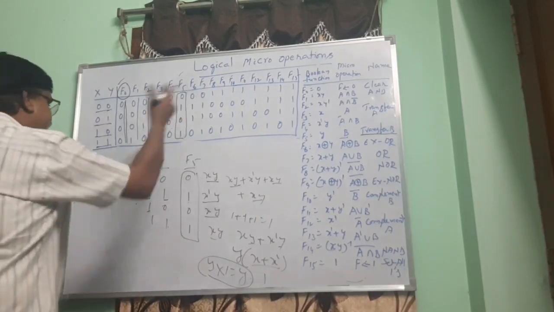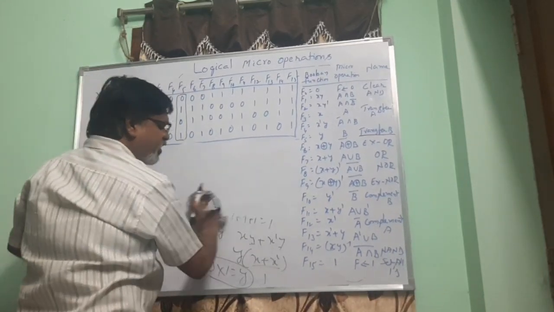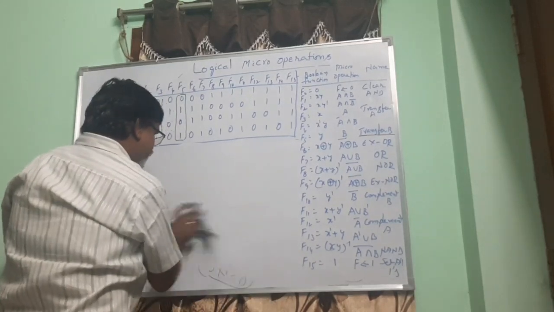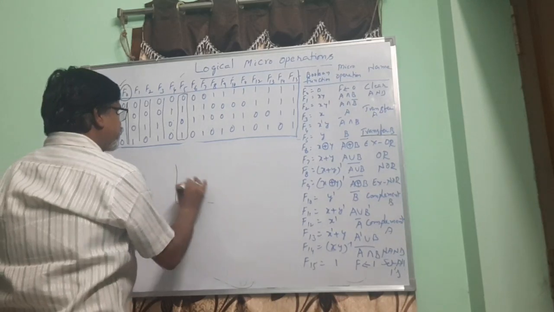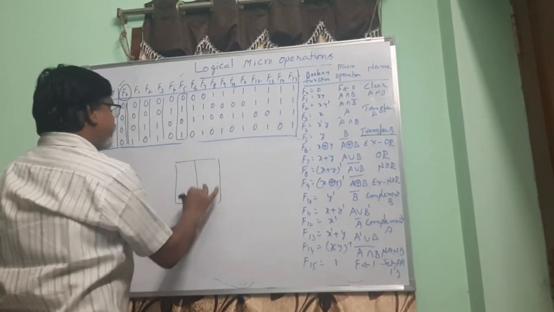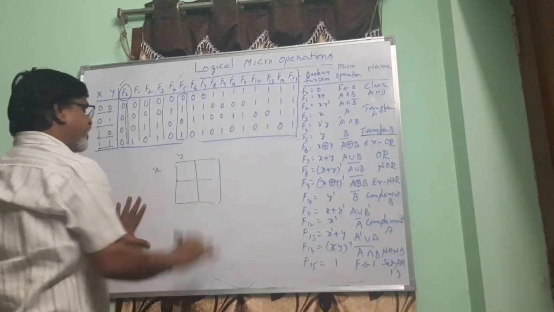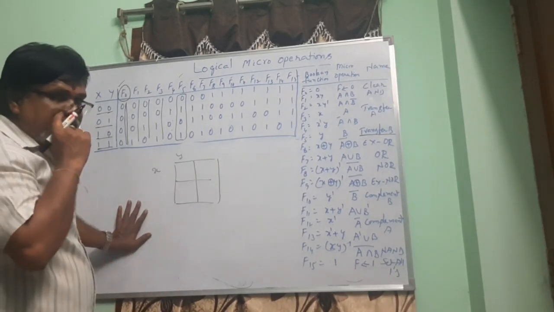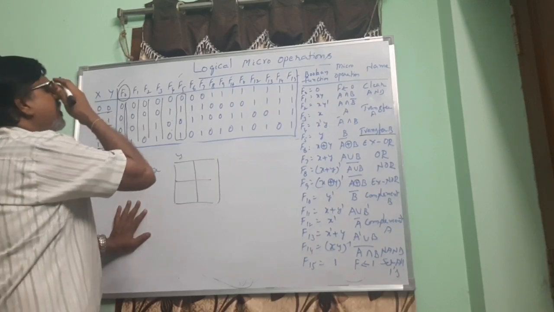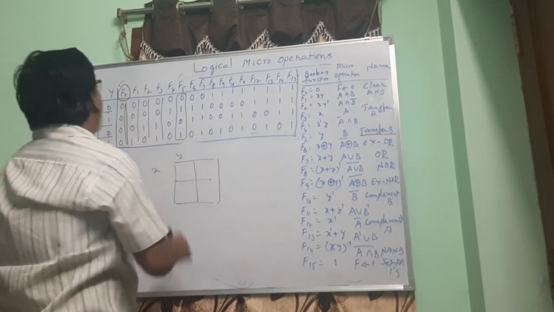Now you can take one more, any Boolean function. You can take any Boolean function and get it simplified in a different way, like x, y. I think you know this way of simplification is nothing but K-map. This is nothing but K-map. So we'll see now F12. We take F12.